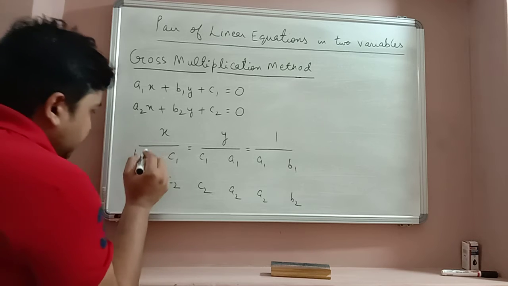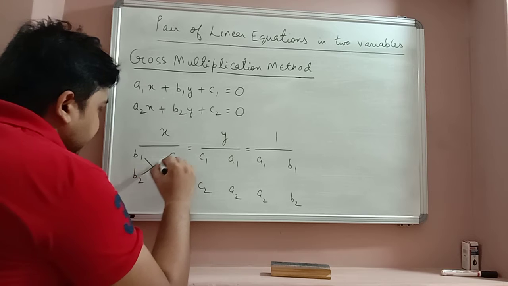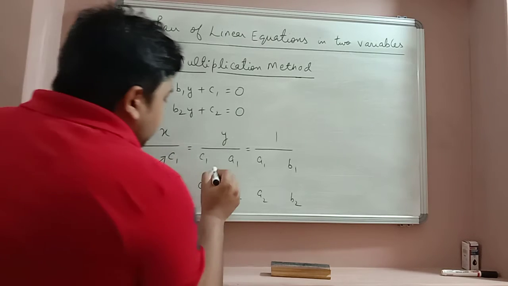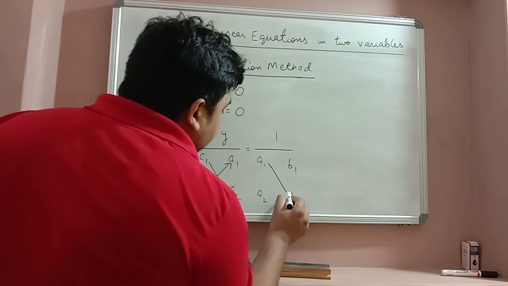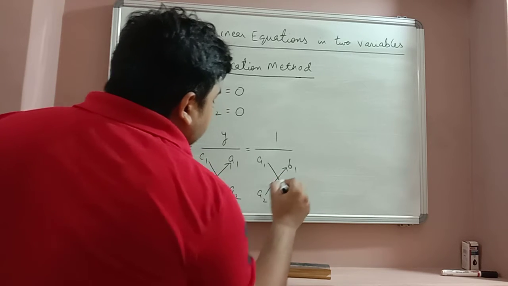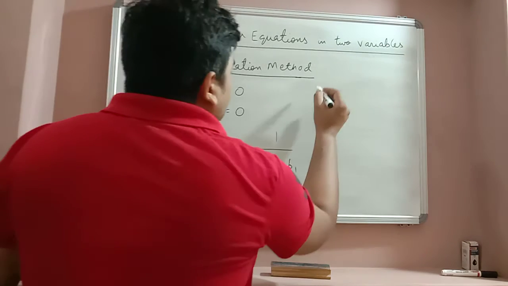Now we need to cross multiply like this. b1 will be multiplied by c2 and b2 by c1. c1 by a2 and c2 by a1. a1 by b2 and a2 by b1. So we can easily write down this equation,